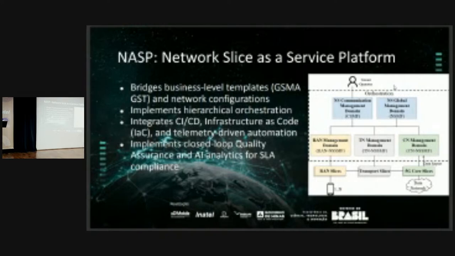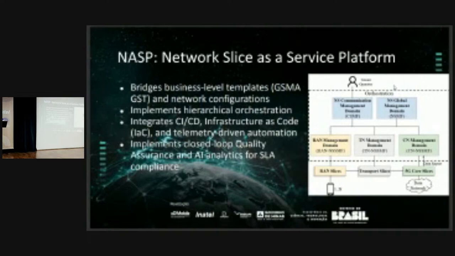Imagine, for example, one agriculture needs to define one slicing for using the drone for one day. I define one slicing for one day, and after, I decommission. It's dynamic, and the operator receives this request considering the templates from the GSMA.